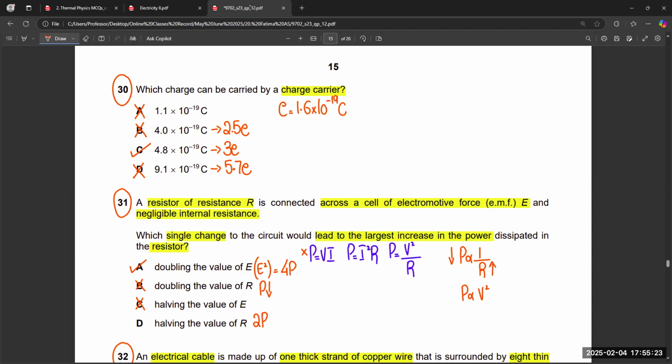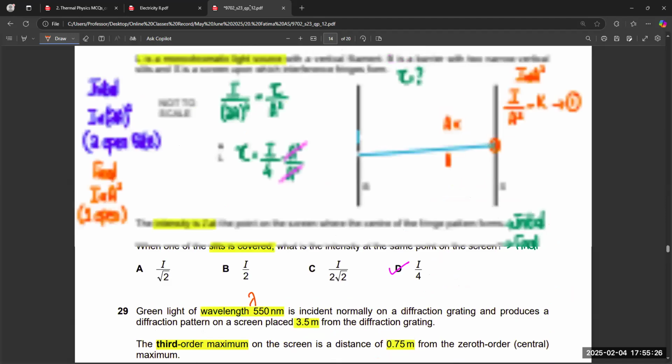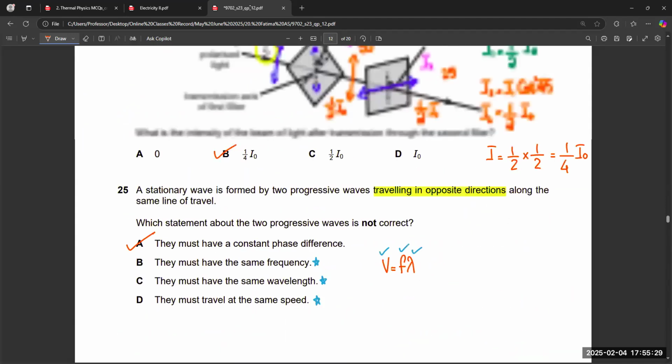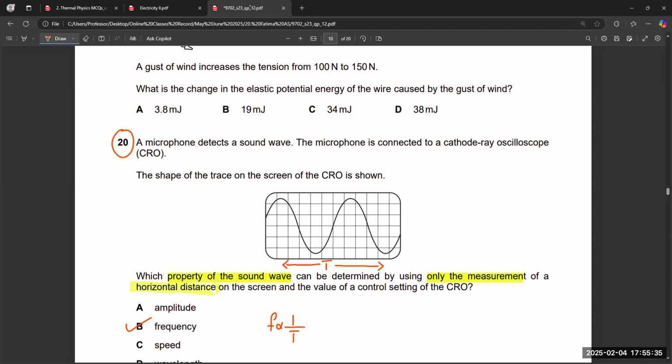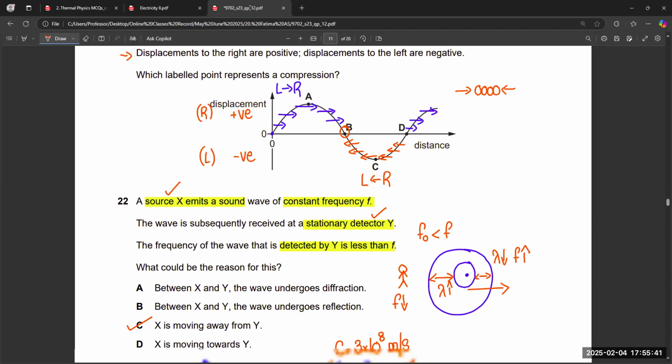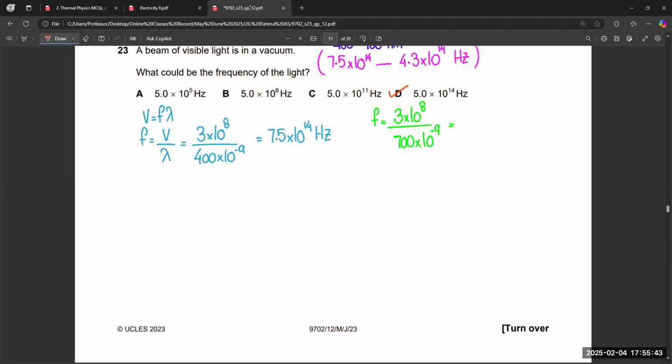And also for the waves, 29, starting from question 20. So 10 questions, almost like 9. So almost 50% of the paper is from the waves and electricity sections. And if we include particle physics also, and if we include the first chapter also, we can easily cover like 25 MCQs maximum or 23 MCQs from a single paper. So more than 50% we can easily cover from waves, electricity and particle physics only.